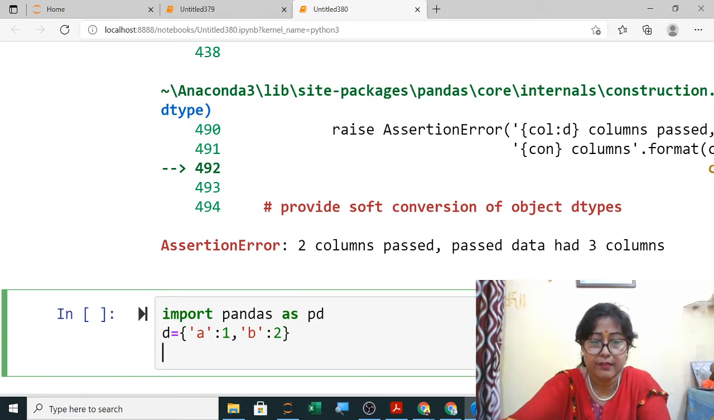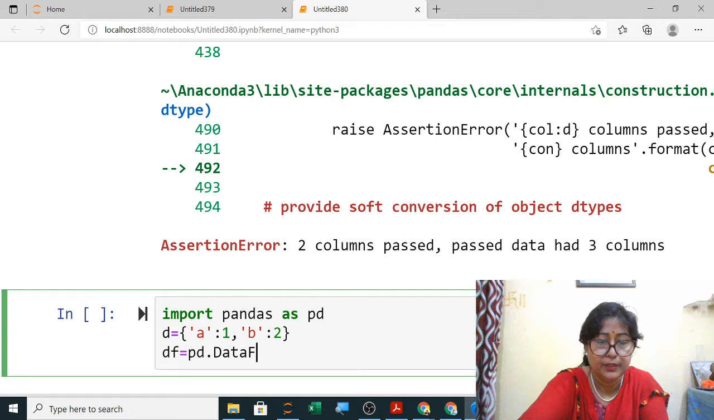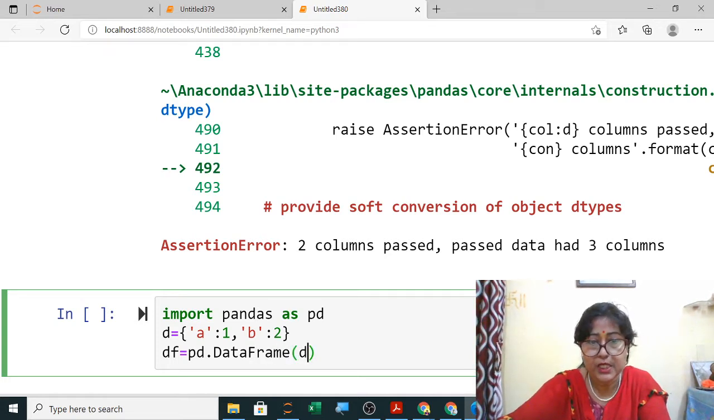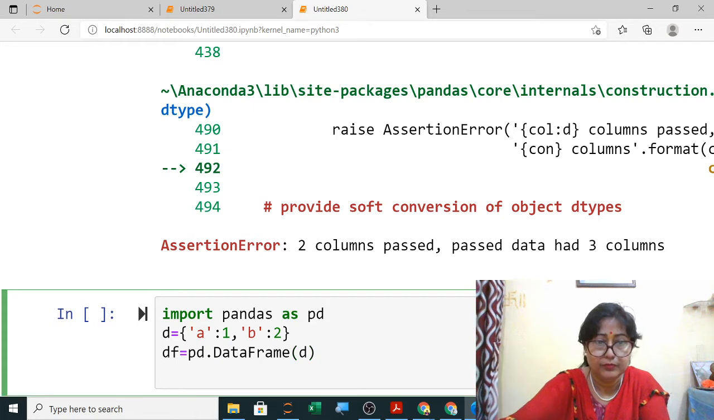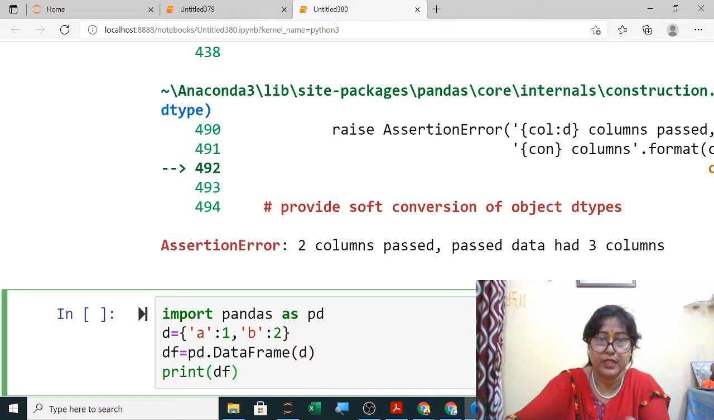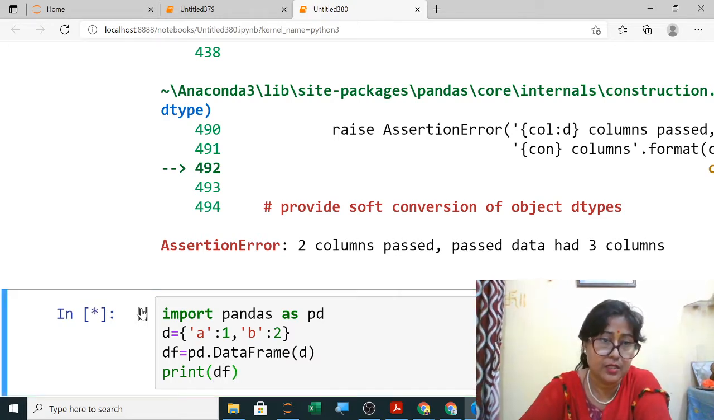So df, the name of the data frame I have given is df, and then pd.DataFrame, the name of the dictionary is D. This is the best method. This will never show any error using a dictionary. So when you execute it,